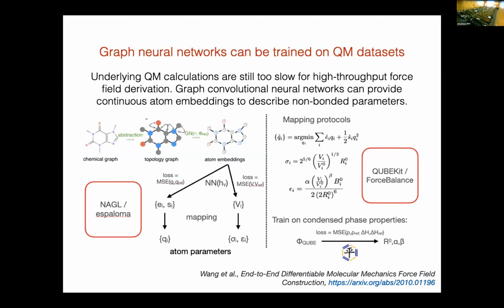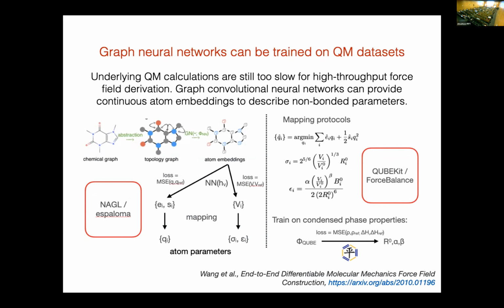Right, so I promised some machine learning. So now we've got all of these QM to MM mapping protocols for going from QM electron densities into force field parameters, identical to the methods that John described earlier. We can use this Espaloma model to go from a chemical graph to a topology graph to a continuous atom embedding, and then